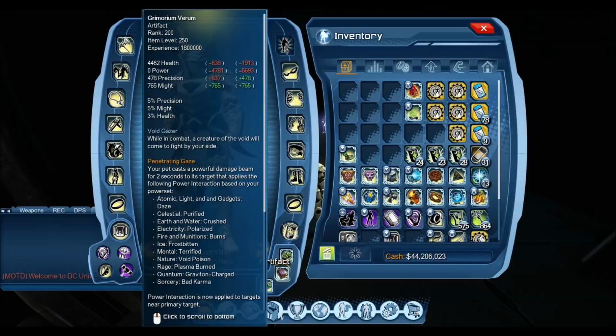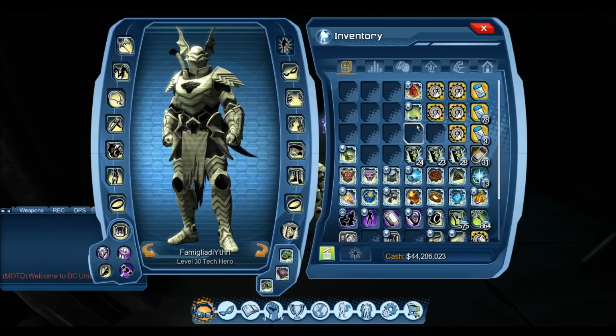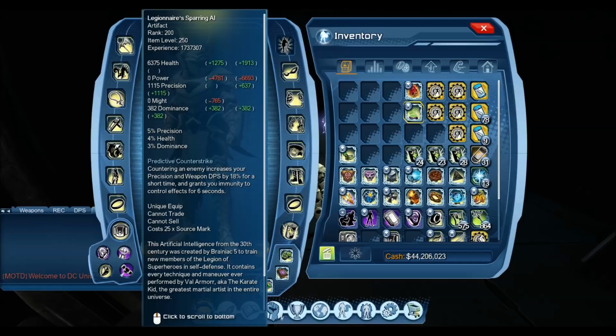I don't have to tell you that. You're going to want the Grim for obviously the 5% prec at 200, or even the 4% prec at 160. Also setting up the PI, so you don't have to worry about it. Munitions, which is the burning. And third artifact, you can go Sparring AI, but it's very, very unlikely, if ever,